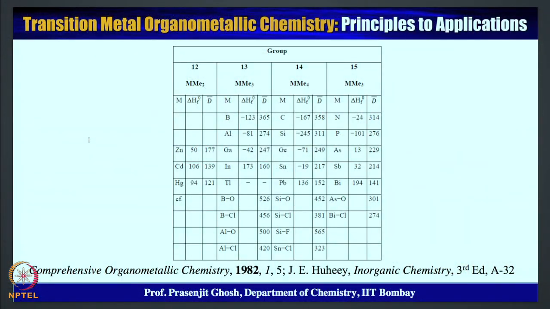So, one needs to know how much a metal carbon bond is worth. How does this metal carbon bond compare with that of metal nitrogen, metal oxygen or metal halide bonds? Here we have an interesting table that compares the metal carbon bonds as well as metal heteroatom bonds. For example, if we look at boron,